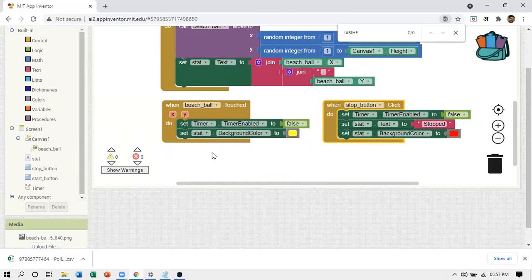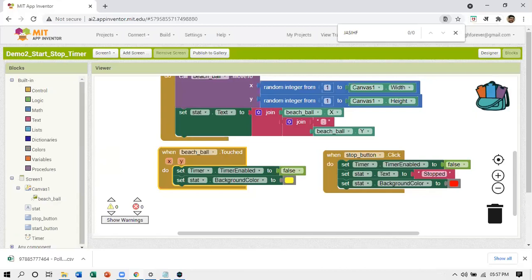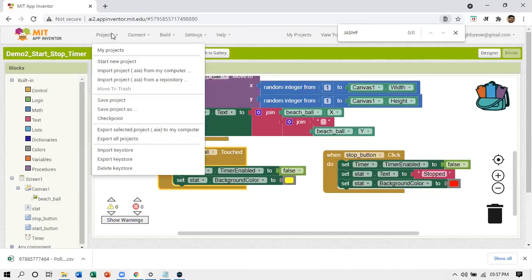Now here something is happening if the beach ball is touched. Touched means user is playing it in the app, beach ball is moving, and if the user is able to touch it, timer will stop and the label color will turn to yellow. This functionality is also there. I'm not going to waste time testing it out. You should trust me on that now. So let's see